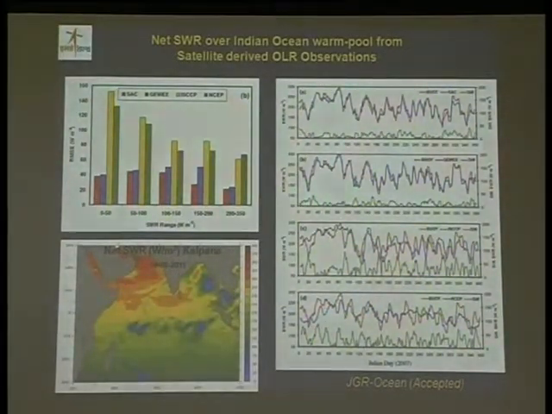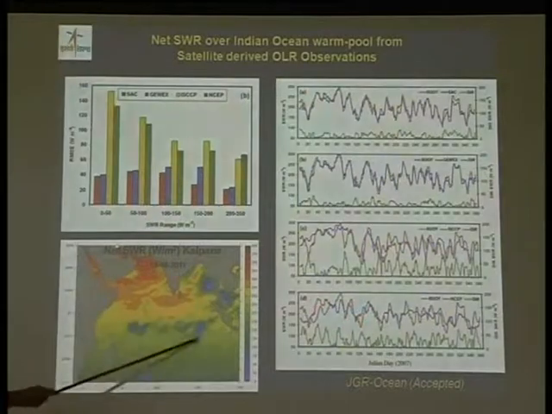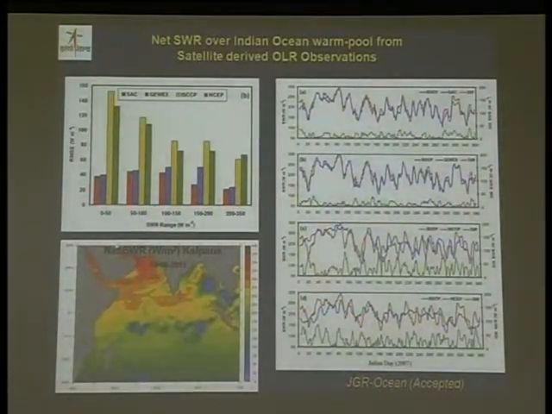If OLR is very low, it means there is presence of deep cloud, so short wave will be low. So we developed a relationship between daily average OLR and short wave radiation computed from buoy measurements. We took some 7-8 buoy observations over this region of the Bay of Bengal over the past 10 years, and developed a relationship between 10 years of OLR product, which we derived from Meteosat satellite,